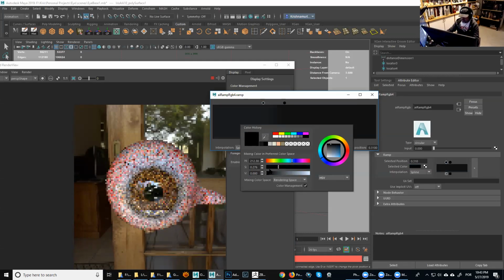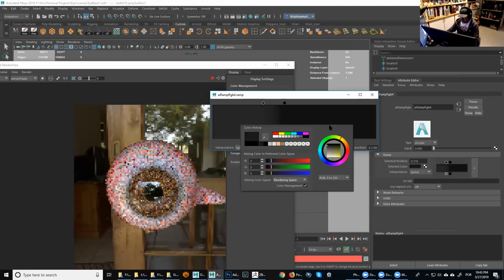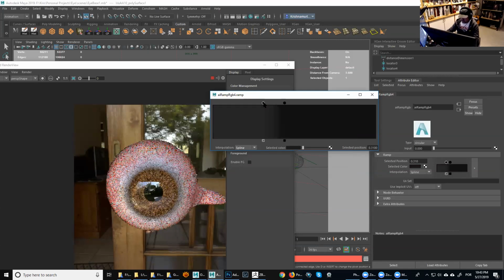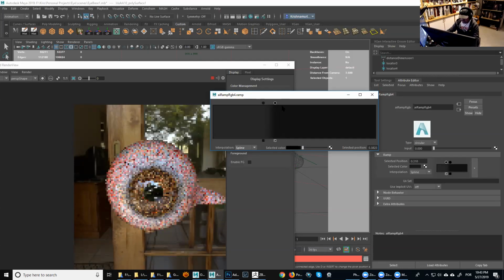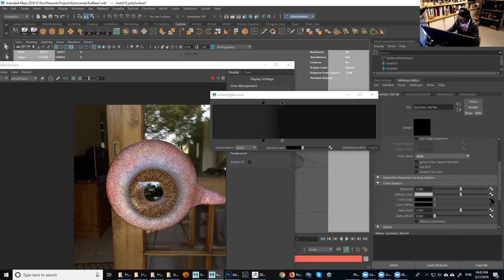But in this case, let me just keep it where we had before, something very minor, maybe like 3, 3, 3 or something. And then this one here, I can bring it back, and it's going to get darker and darker if I bring it back and forth. At this point, I don't think it's affecting that much because I think it's going to cover the entire iris. But if you go back to this map here, the first one, the color gain itself, and then if you play with this one,